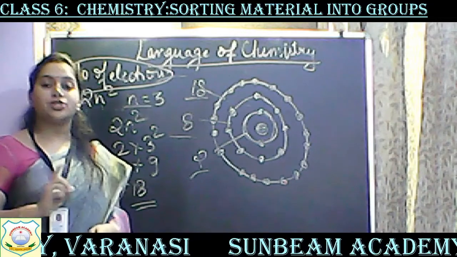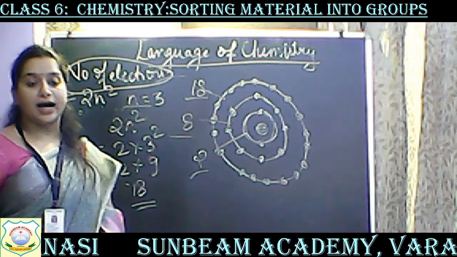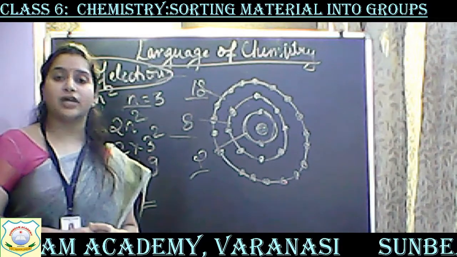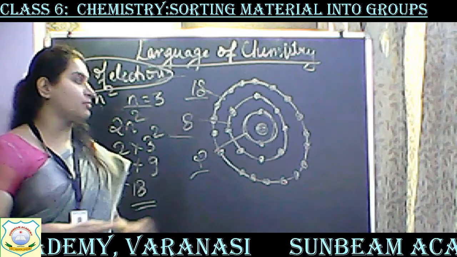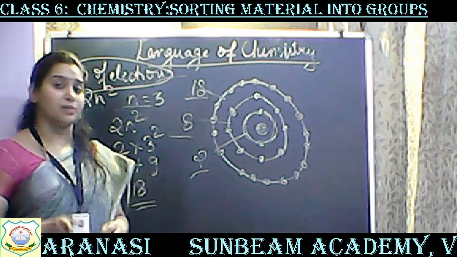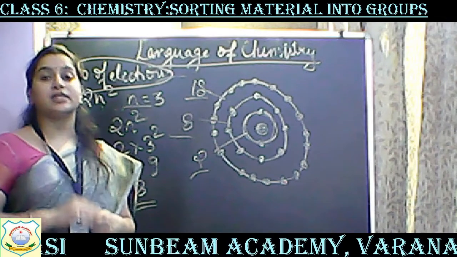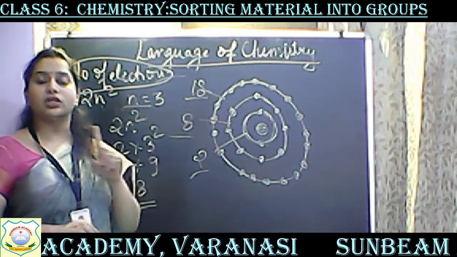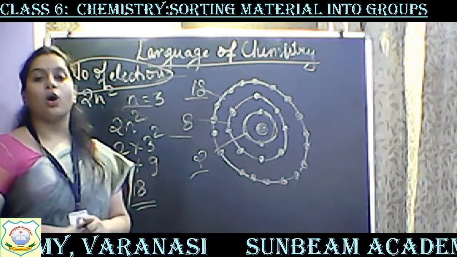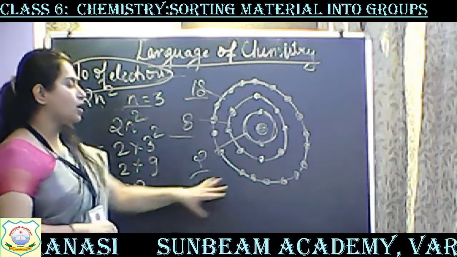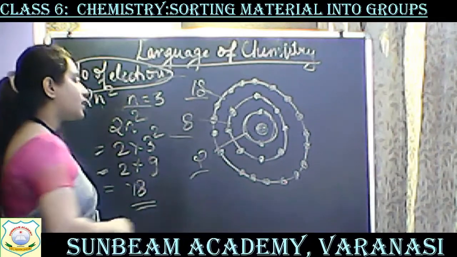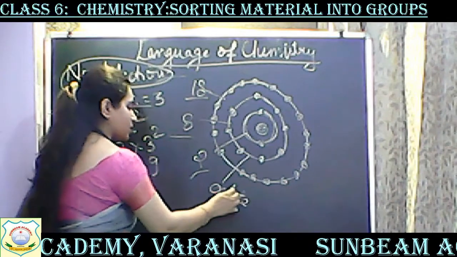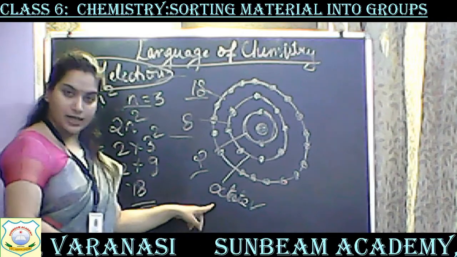Alright. Now children, a very important thing here is that every element present in the periodic table wants to get stable. Every element in the periodic table wants to get stable. What does stable mean? Stable means that the shells are completely filled with their electrons. This is called octet. Octet. Clear? For example, a maximum of 8 electrons. So this octet is complete. Got it?